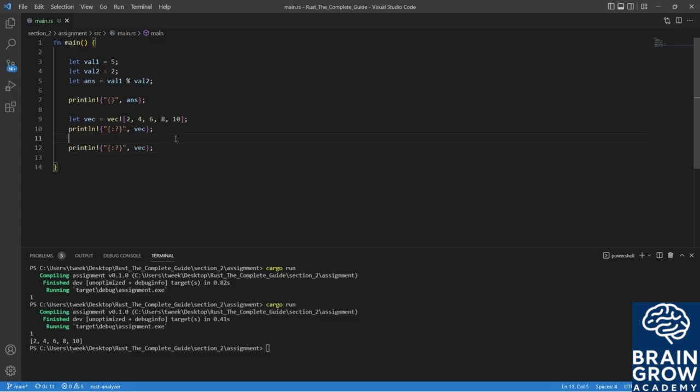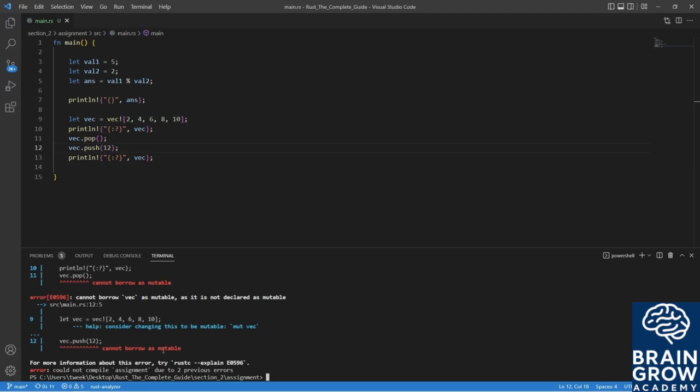And now we want to remove the value 10. Well, we see 10 is the last value added in, so we can very easily remove this value by executing the pop method on it. And now we can add the value 12 by using the push method, and if we run this,